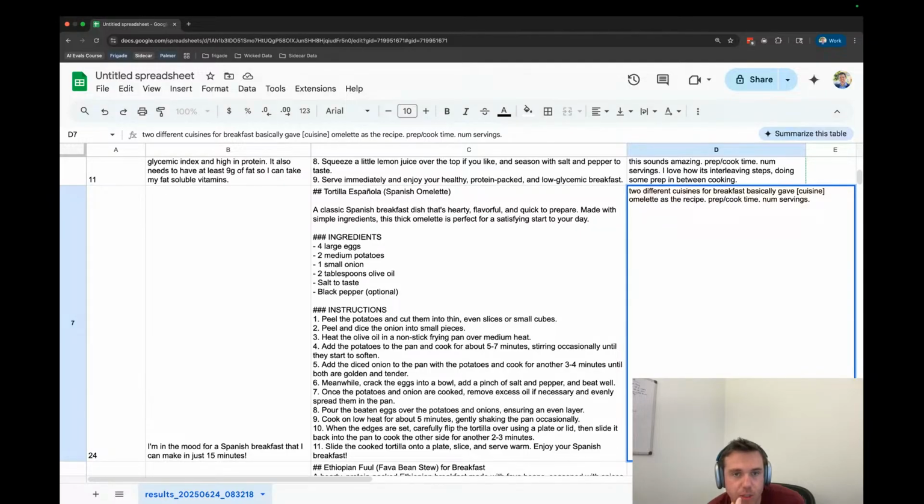4 large eggs, 2 medium potatoes, an onion, 2 tablespoons salt, taste, black pepper. And when I read this, it doesn't even feel like there's anything Spanish about this. It just sounds like a very simple omelet. I think the thing at the very end,